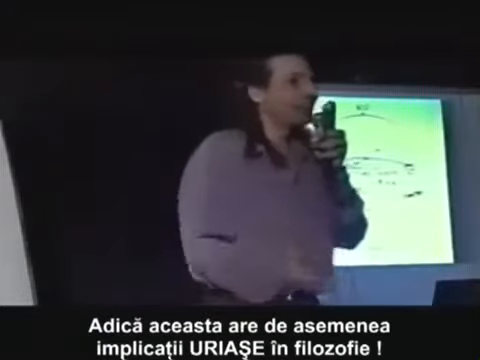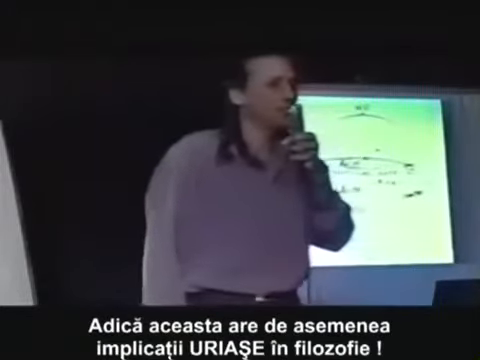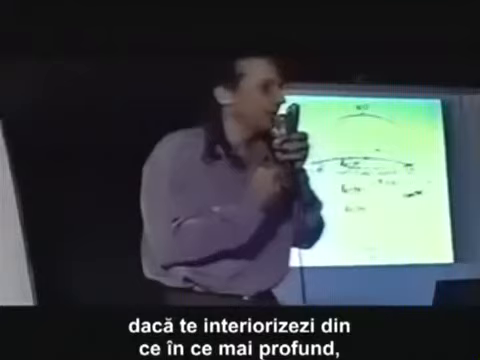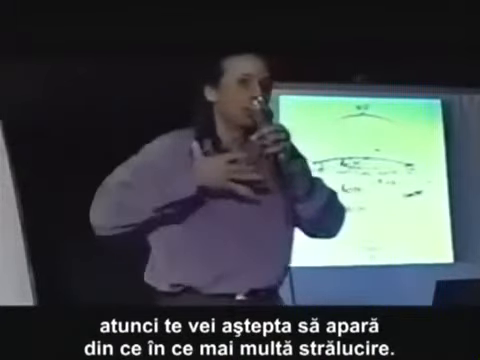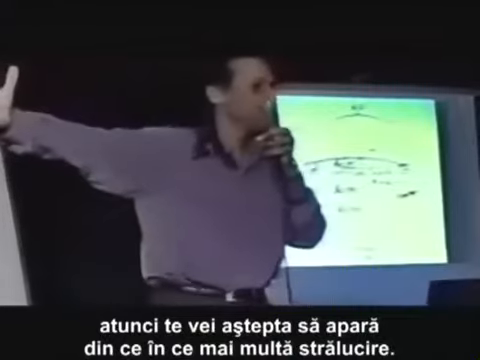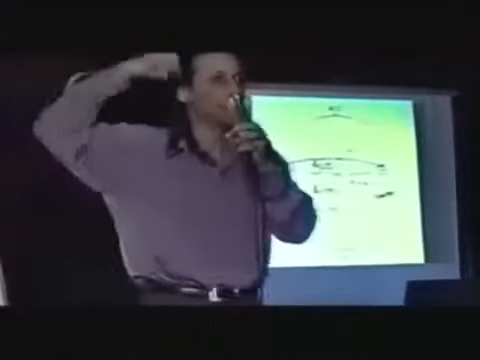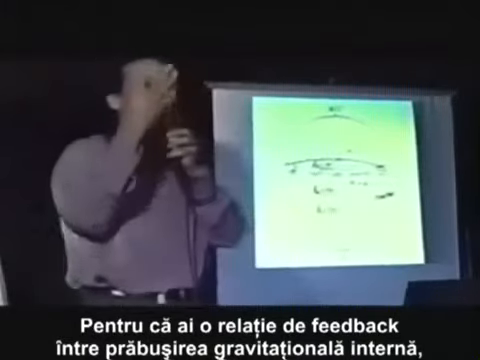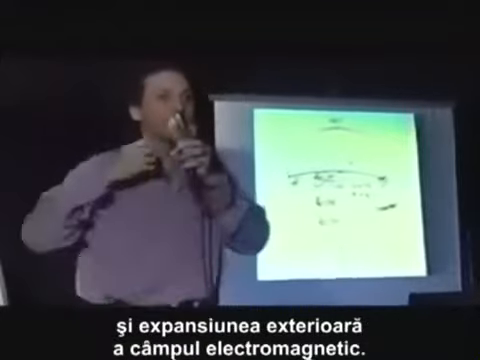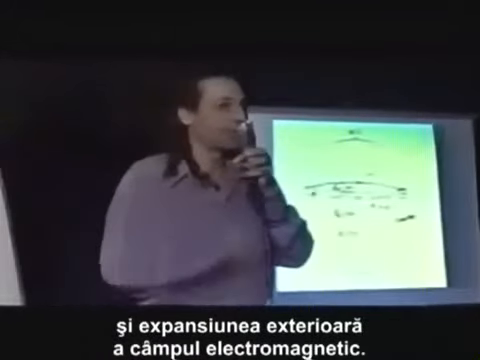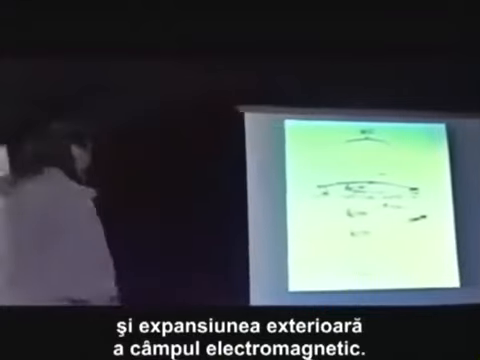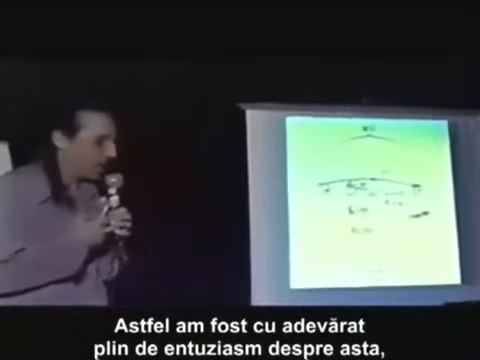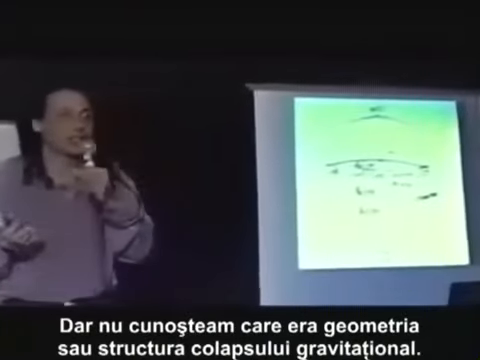I mean, that has huge implication in philosophy as well. Because if you go inward deeper and deeper, then you would expect more and more radiance to occur. Because you have a feedback relationship between the internal gravitational collapse and the external expansion of the electromagnetic field. So I was really excited about that, but I didn't know what was the geometry or the structure